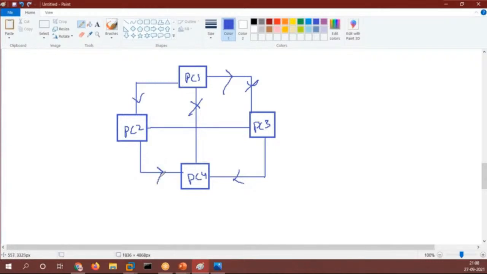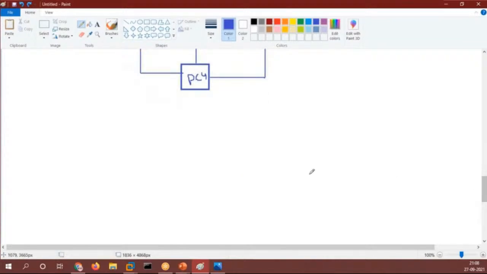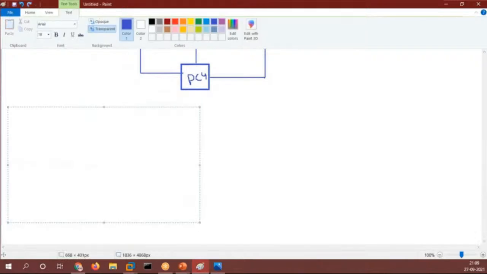Right? So there are redundant links as well. So what do you guys understand by redundant links? Any link where the destination has two paths, right? So for reaching the destination, if I have two paths, so that is your redundant link, right? Now, if I ask you guys, what are the advantages and disadvantages of mesh topology?